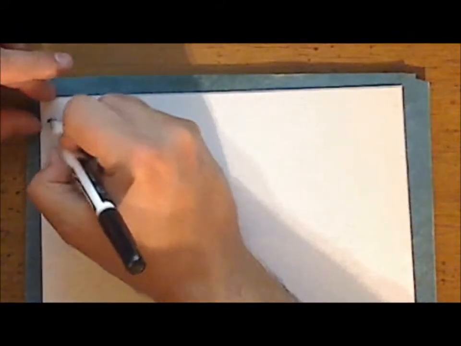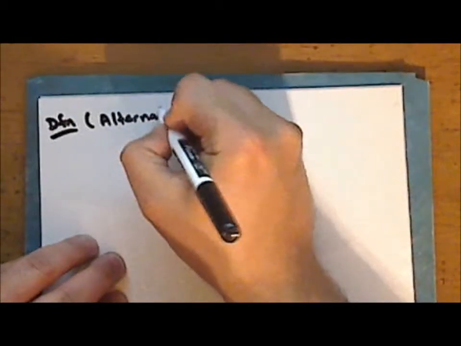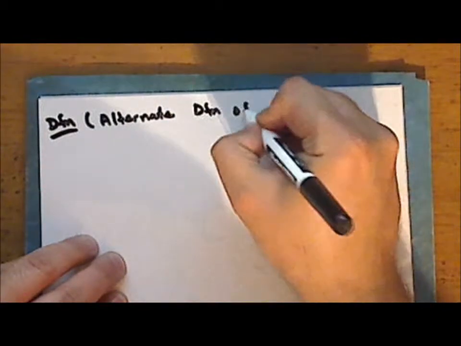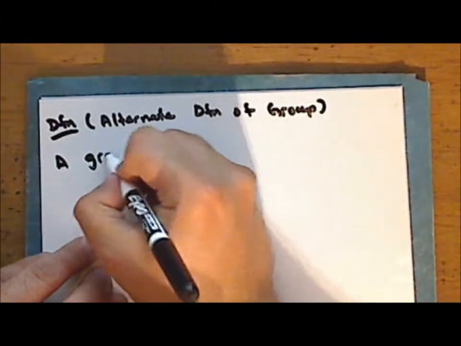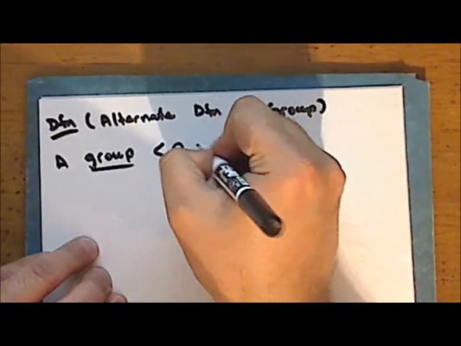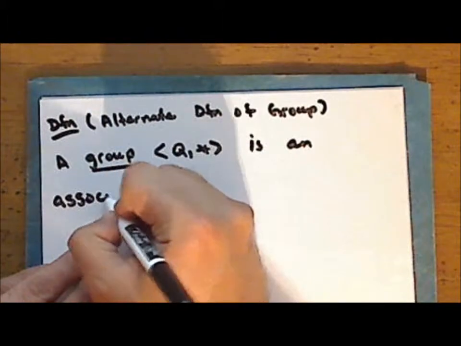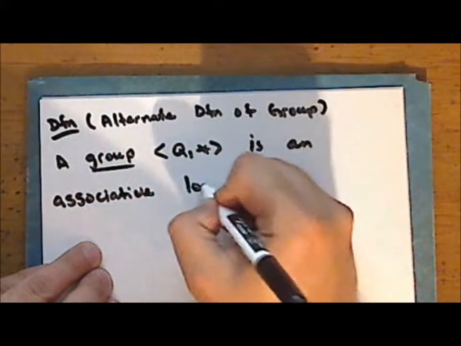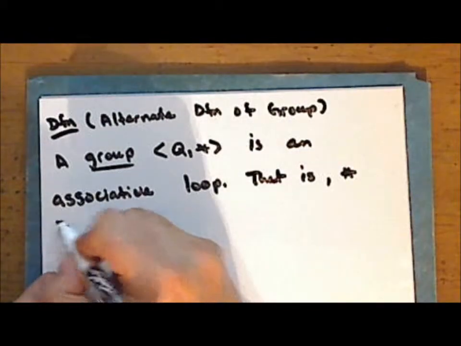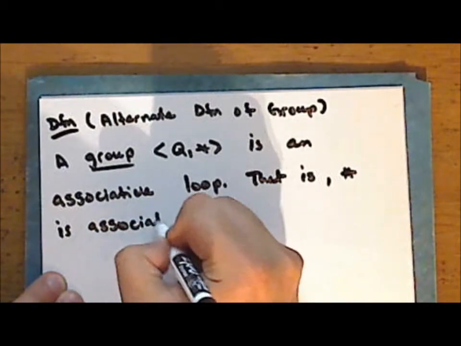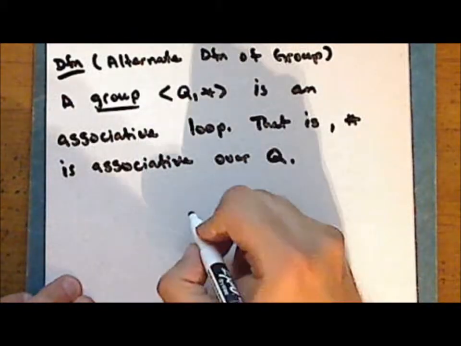So we can now give an alternate definition of a group. A group is an associative loop. That is, the operation star is associative over the set Q. And so, given a magma,